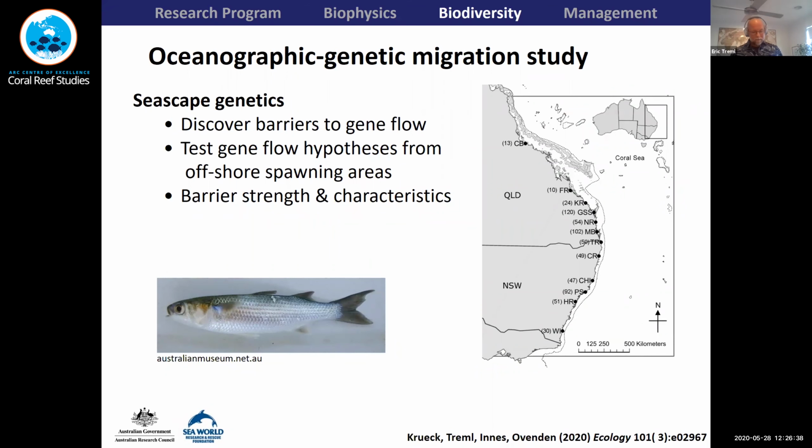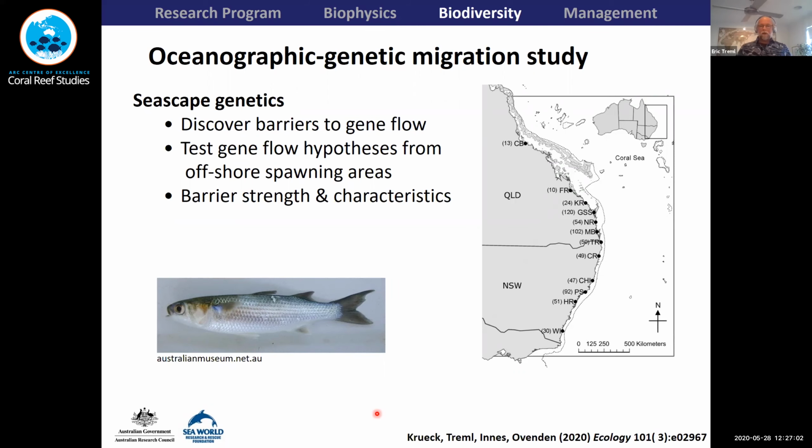So in a similar way, where we use a genetic biophysical modeling framework to learn about life histories, this is work that was completed by Niels Krook from University of Queensland at the time. He's now down at University of Tasmania. And he was interested in the sea mullet and asking the question,